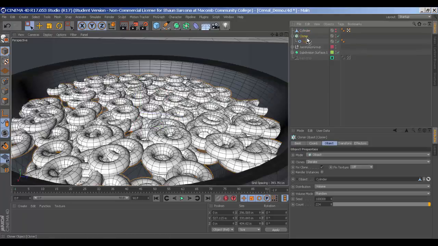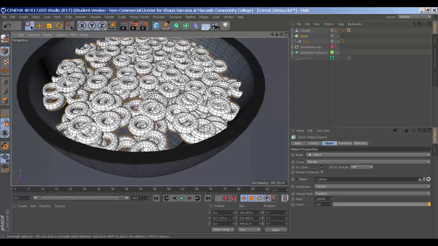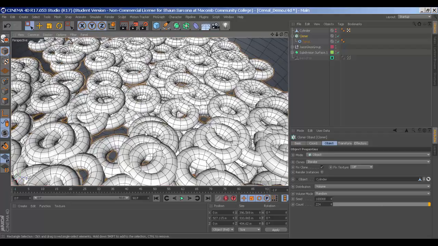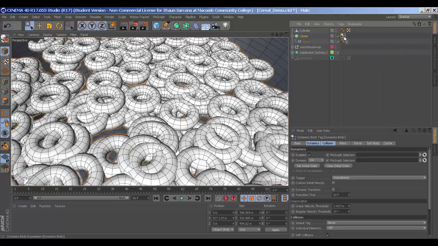So for now I'm going to go back to my cloner and make these things dynamic. I want them to figure out where they're colliding and stop doing that. I'm going to go to tags, and under simulation I'm going to add a rigid body simulation tag. You'll see we get this little tag right here, and what that does is make these things dynamic. So if I go forward a frame,